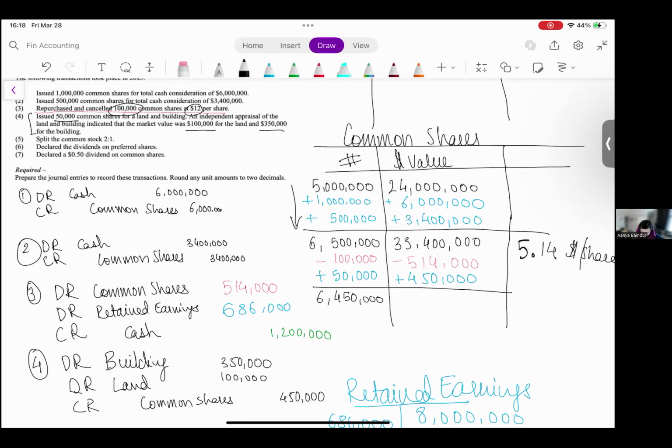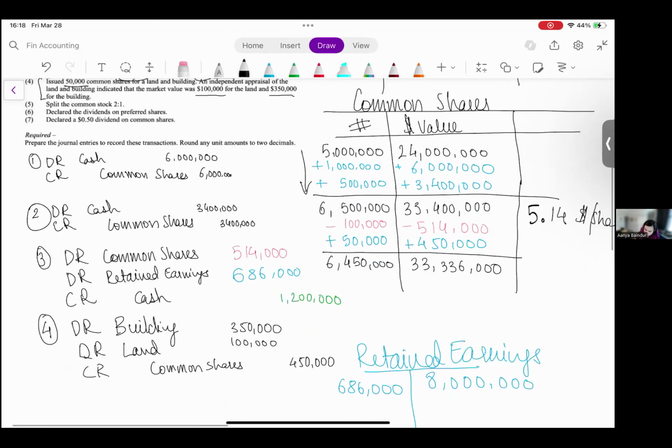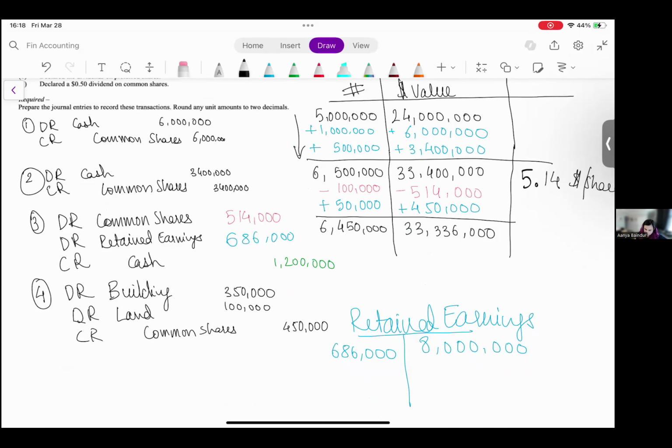And the value associated with this is 33,400,000 minus 114,123 plus 450,000 gives us 33,336,123. Okay. So at this point, we are doing the 2:1 stock split, which means